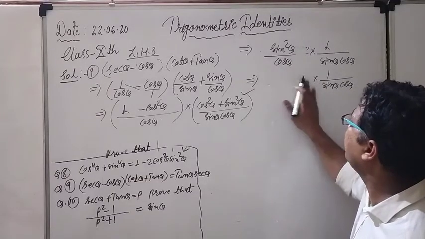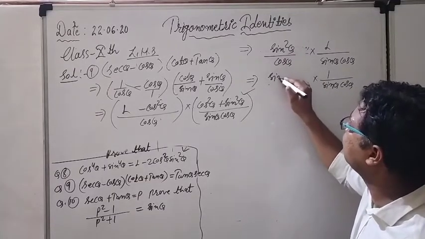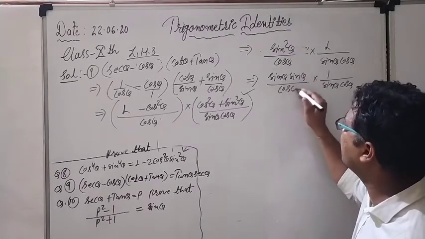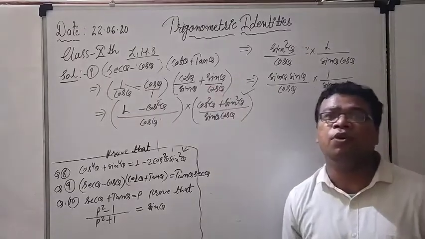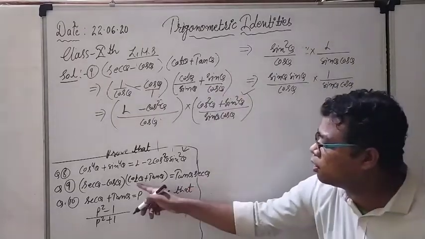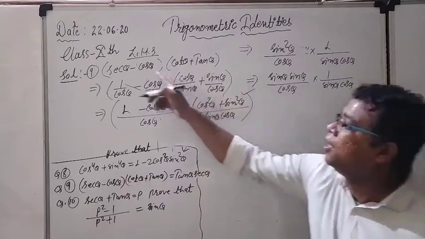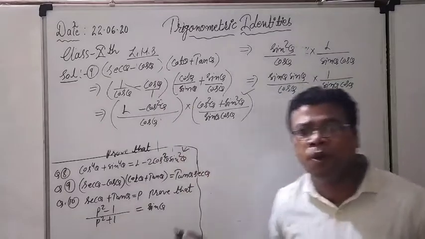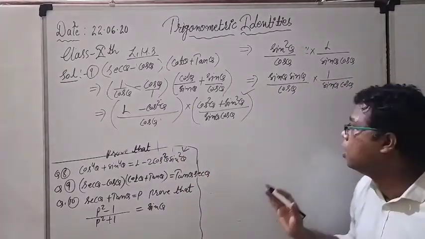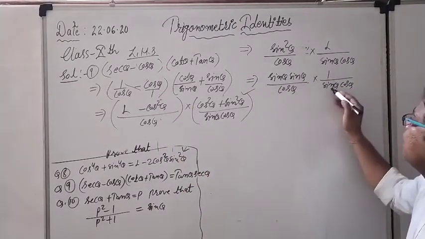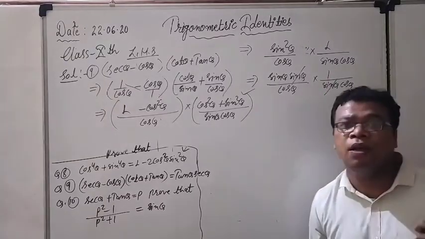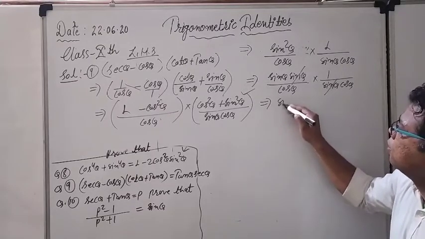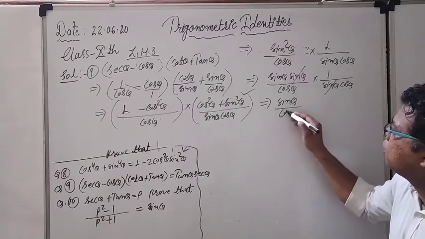No problem. Now see, sin square theta could be written as sin theta into sin theta, 2 times, upon cos theta. And the right hand side, no need to worry because I have solved it correctly. See here, cot theta plus tan theta. Here I had written the question wrong, so I have corrected it now. This is the correct solution. Now see, sin theta and 1 sin theta can be cancelled from the numerator and denominator, and after that I am going to get sin theta upon cos theta.